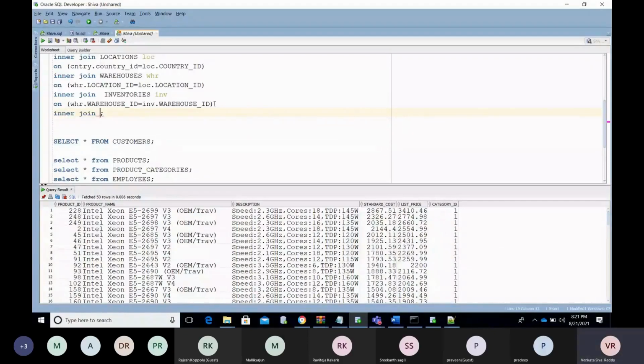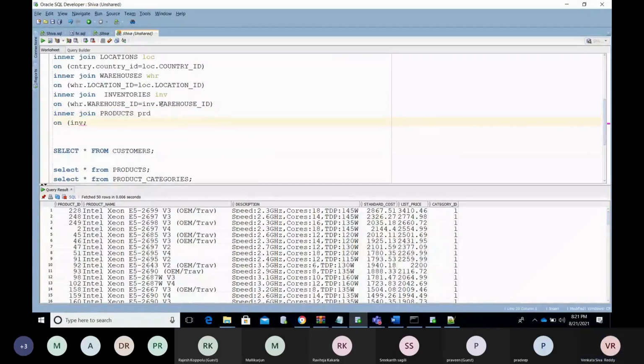So the inventory table has a relation with the product ID here. Product ID, so PRD dot product ID.